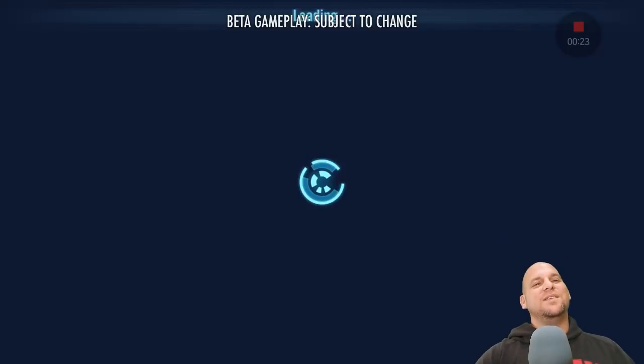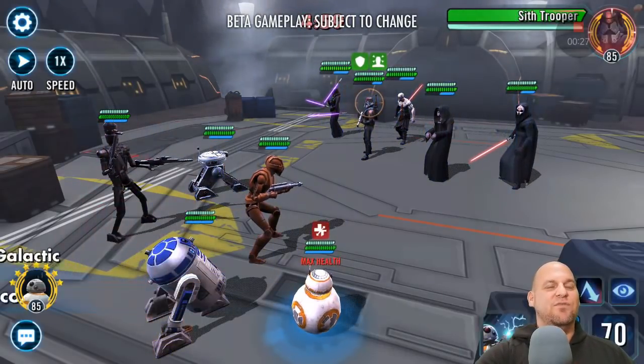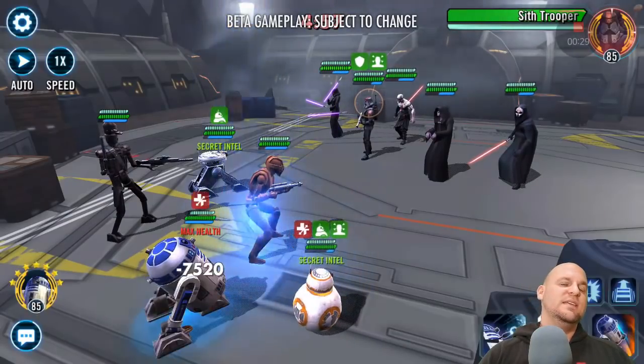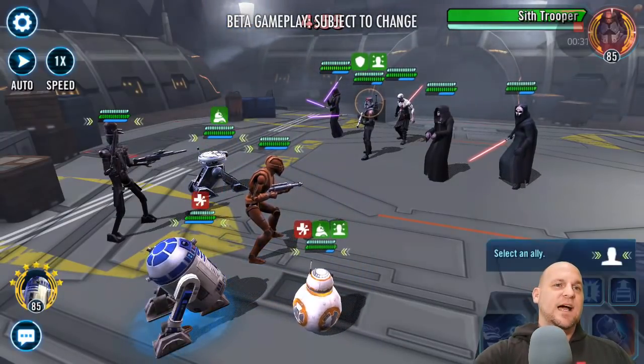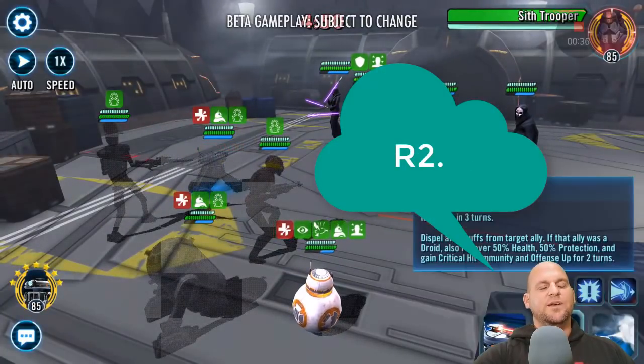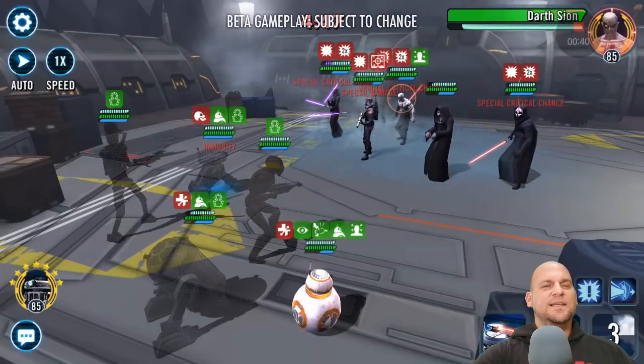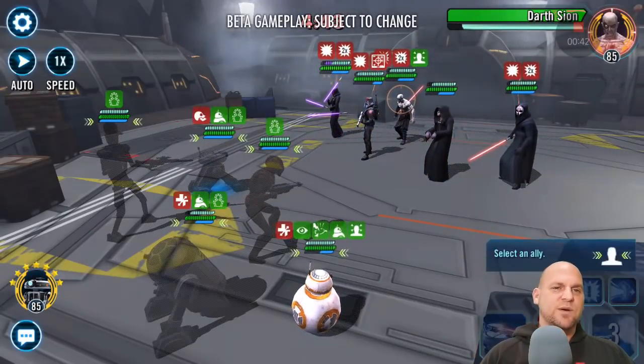I want to start off with the arena. Now, what's interesting is I am using an HK47 lead with T3, BB8, IG88, and Imperial Probe Droid. Now, I think this is a pretty good team. It's a pretty good setup. But it does reveal something to me pretty quickly is